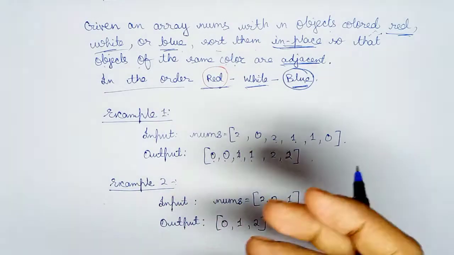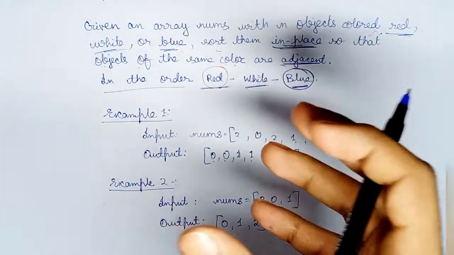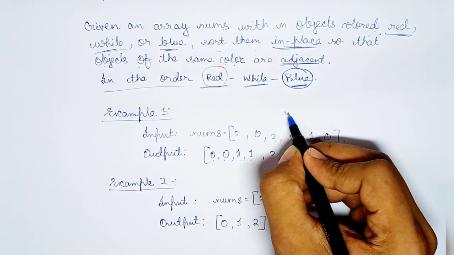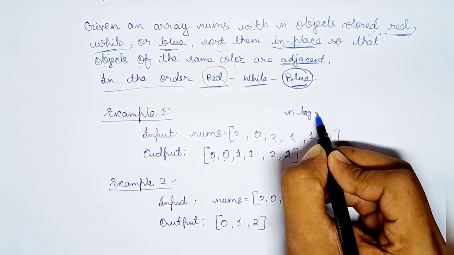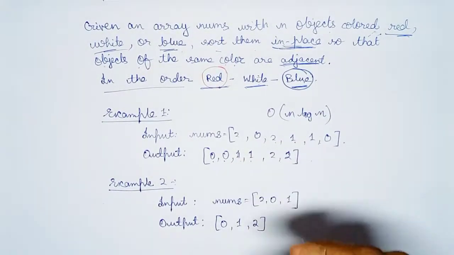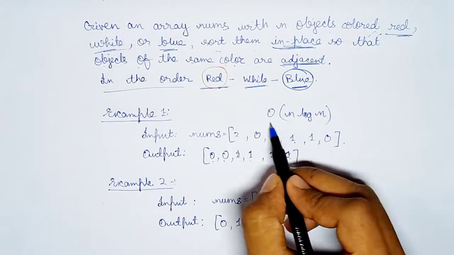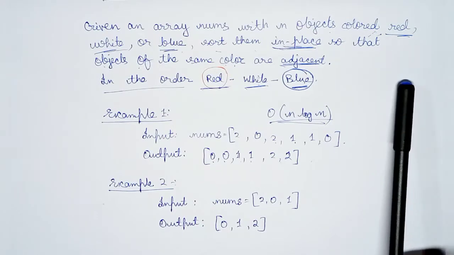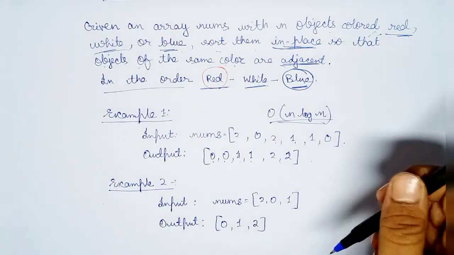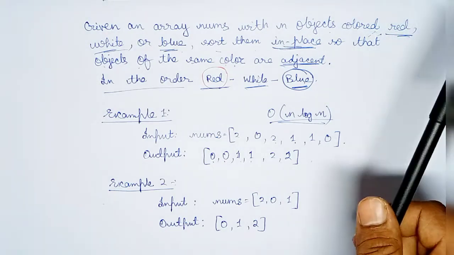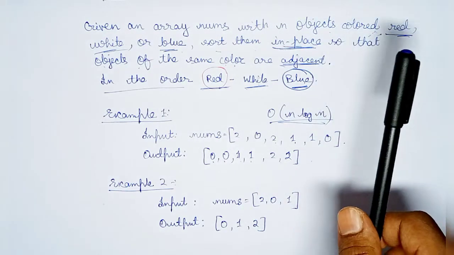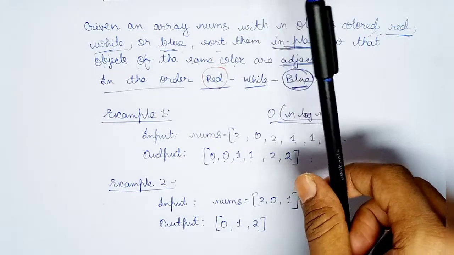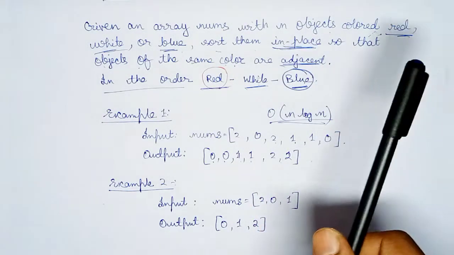If you are using C++, you can use the standard template library sort function that would sort the whole thing in O(n log n) time complexity. But here's the catch. If you go and see it on LeetCode, there's a statement that you must solve this problem without using any kind of library sort function. We can't use any sort function in Java, C++, nothing. So what do we have to do?